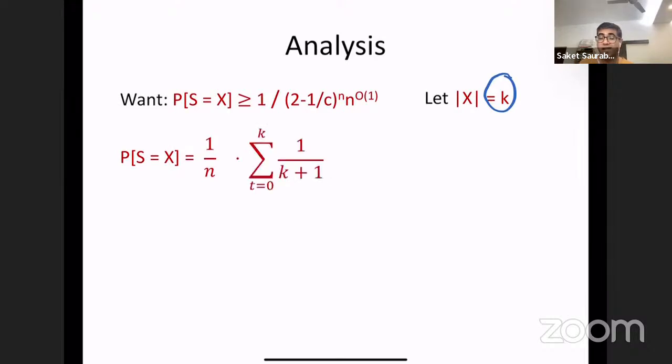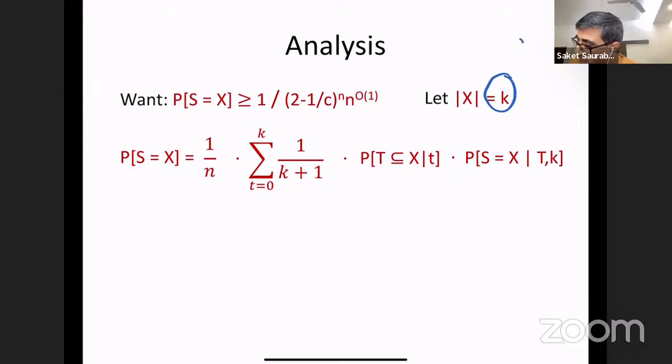Then I guess t. I could guess t equal to 0 or t equal to k, so there are k plus 1 numbers. You will guess one of these numbers t, choosing uniformly at random, so the probability is 1 over k plus 1. Now what do you choose then? Then you choose a set T. If S is going to be X, then the T that I choose must belong to X. So what is the probability that I choose T, a subset of X of size exactly t? And then what is the probability that S equals X, given that X has size k and I have already chosen T?